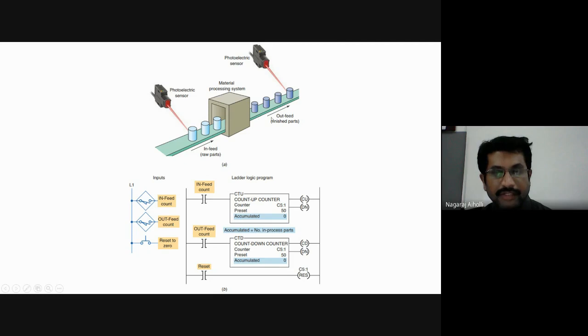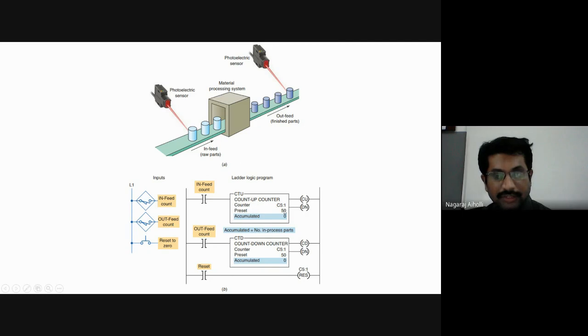So effectively how many items are moving in and out is being counted, and if the count value reaches 50, which is taken as the default value here, it need not be 50, you can take any value here. As it reaches 50, it has counted effectively how many items are moving in and out.